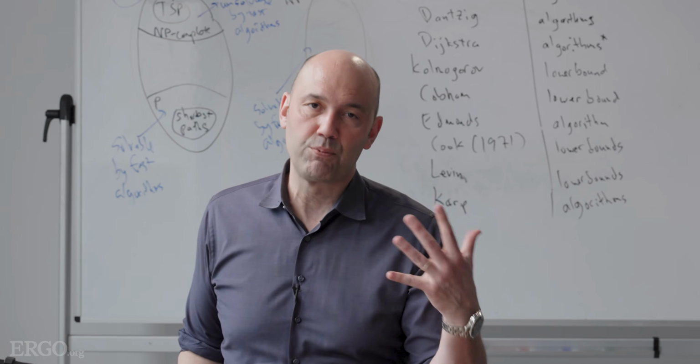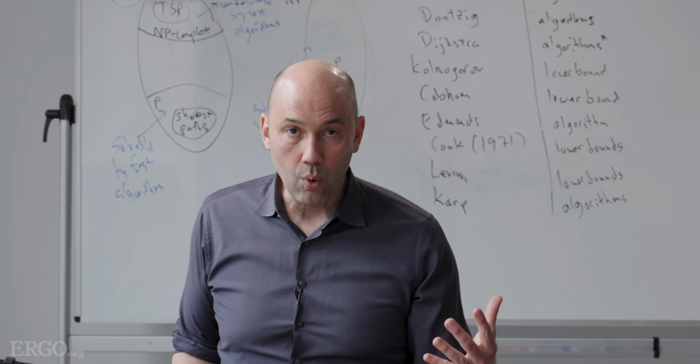Either all 21 of Karp's problems are efficiently solvable, or none of them are. So before I go back to the whiteboard and remind you of the pictures we drew of these two different worlds that we talked about last episode,